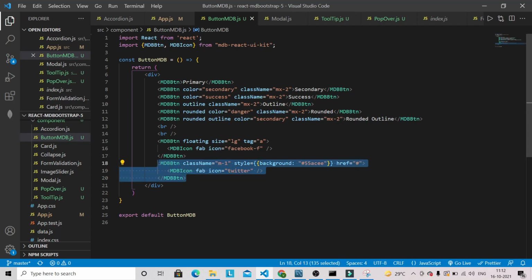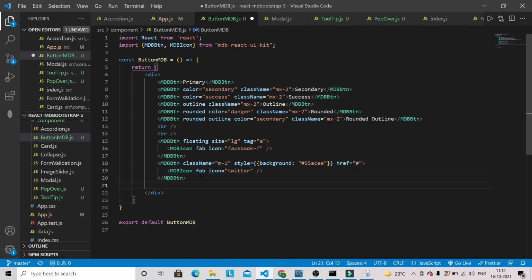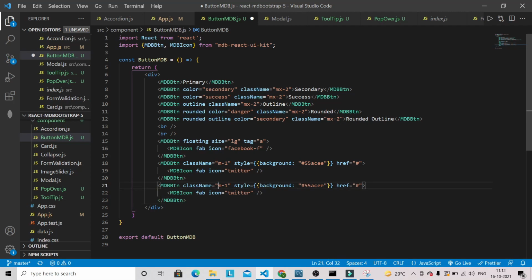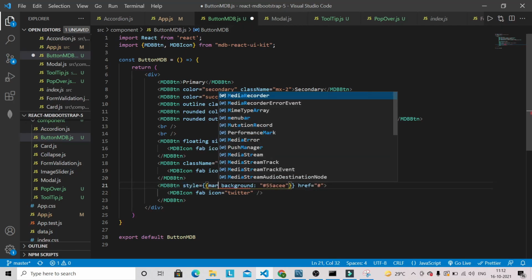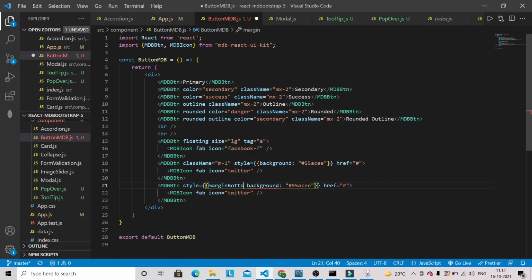So I'm just going to copy this one, and I'm going to just paste it here, and let's remove this class name, and here let's give one more style. So you can also give like margin bottom 5 pixel, and let the same background color.